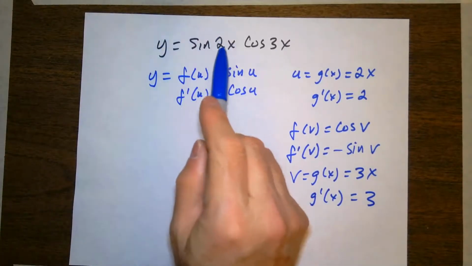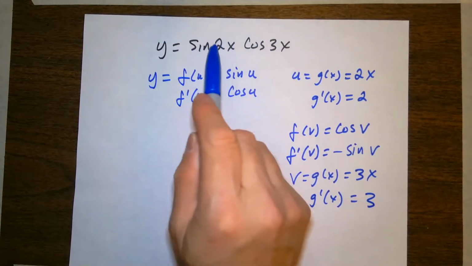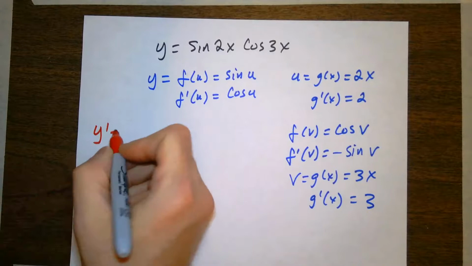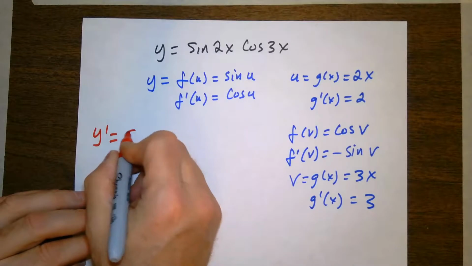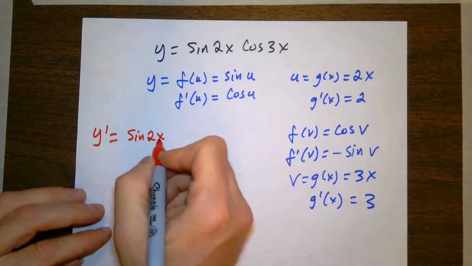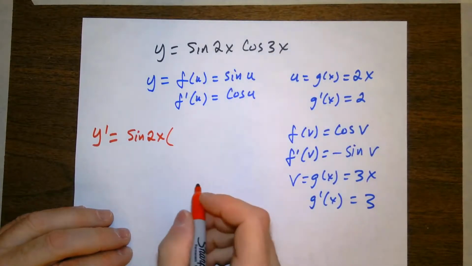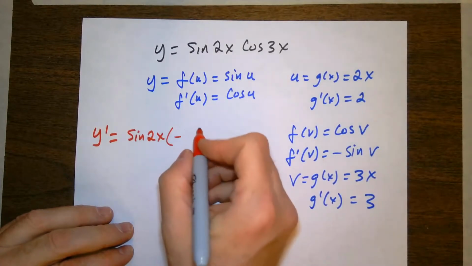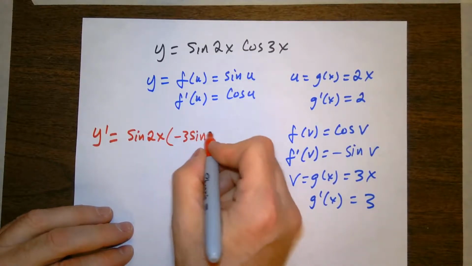So I know I've got product rule, so the first times the derivative of the second plus the second times the derivative of the first, and I know I've got chains within each of those products. All right, so if we try to put it all together, my y prime is going to be the sine of 2x times the first times the derivative of the second. The derivative of cosine of 3x is going to be negative 3 of the sine of 3x,